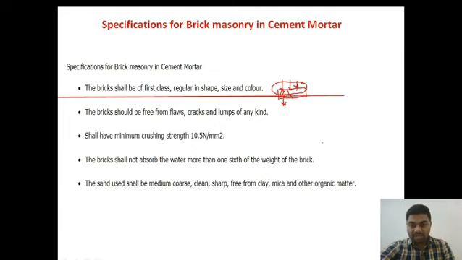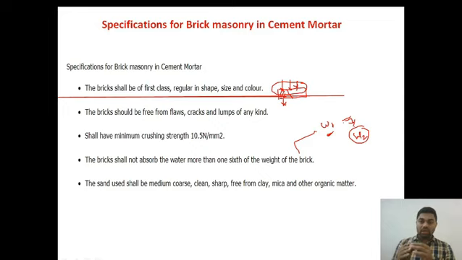Let us measure the weight of the brick as W1 in the air. When we soak this brick in water for some time and then weigh it, it is W2. This W2 should not exceed 1/6 of the weight of